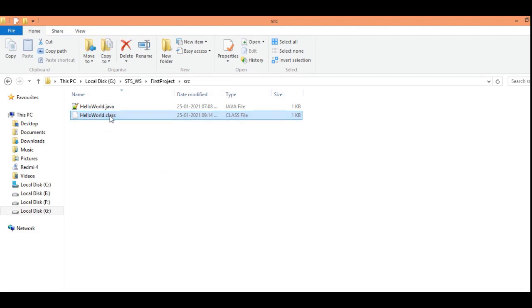A class file created in any environment will give the same output on any platform, either Linux, Unix or Windows.